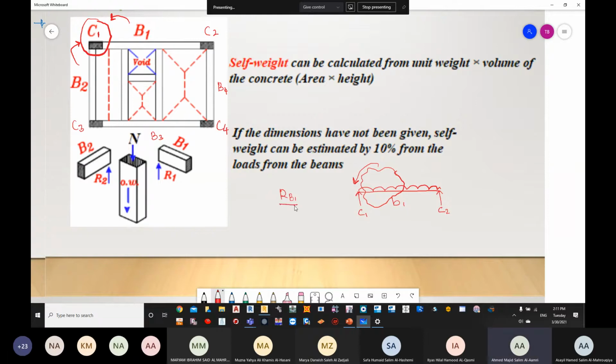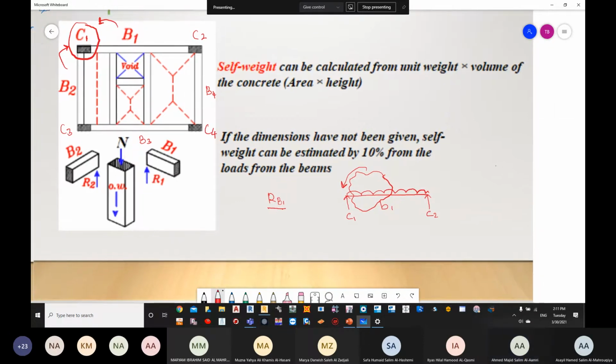Okay, beam number 1 is going to have 2 reactions, one on the left side, one on the right side. So this is representing the reaction of beam number 1. Similarly, when we talk about the other beam,